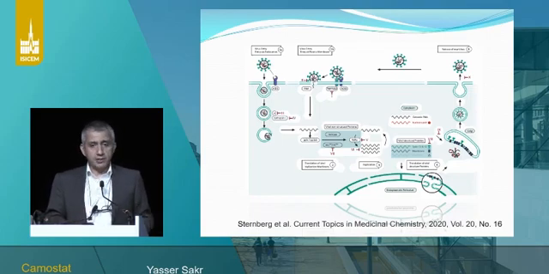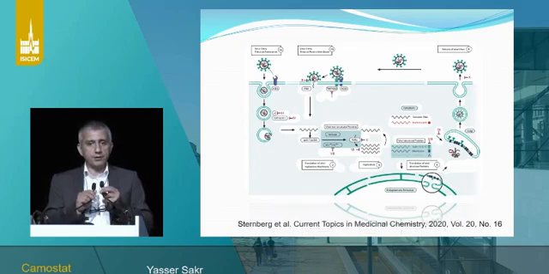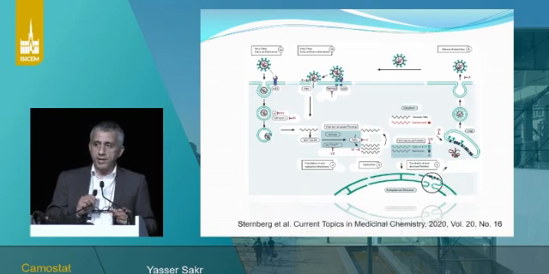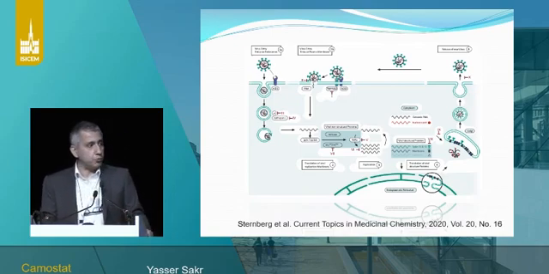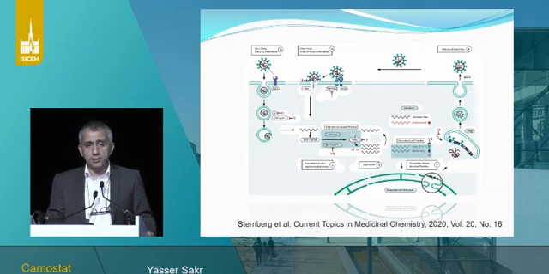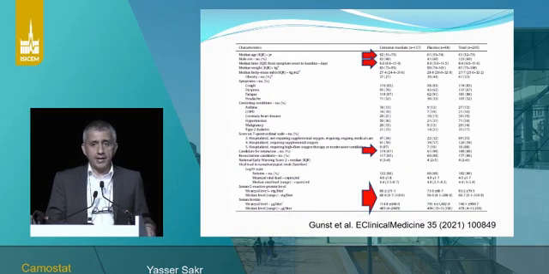The TMPRSS2 receptors are actually not the main, or not the only, way of viral entry, and not the only way of interaction between the cells and the antiviral medications. We also have the ACE2 receptors, which are also well established in the mechanism of entry of the SARS-CoV-2 virus. So you may not expect that Camostat mesylate alone would make the difference. The concomitant therapies you are using, especially antiviral treatment, matter too.